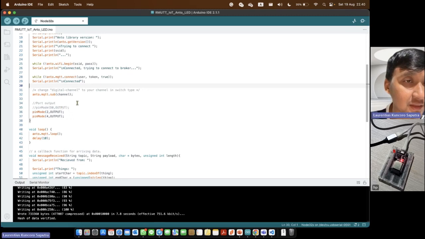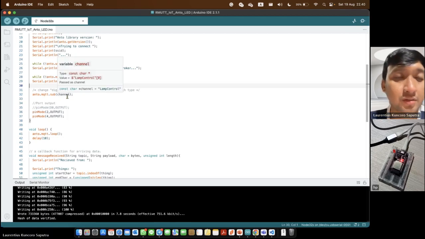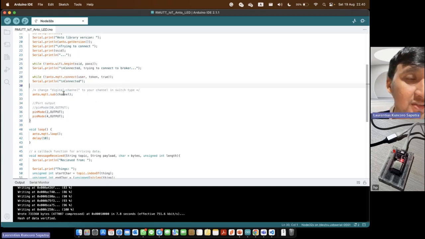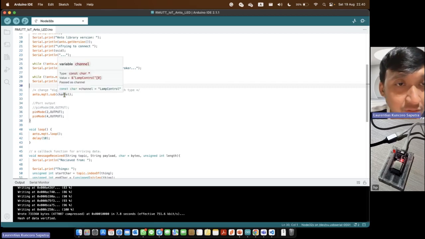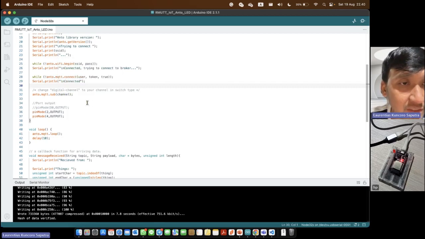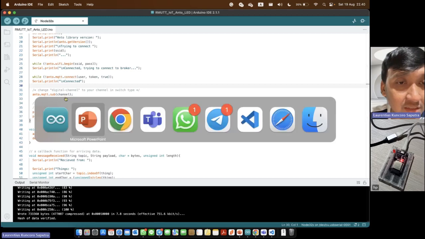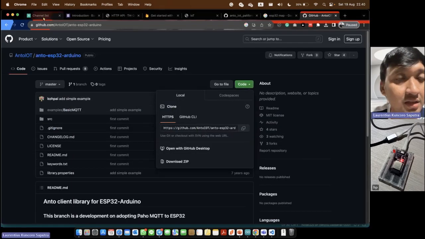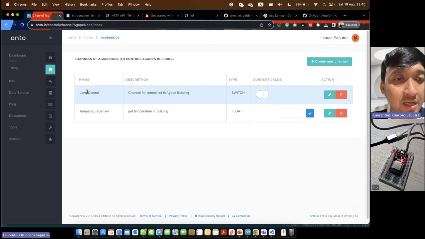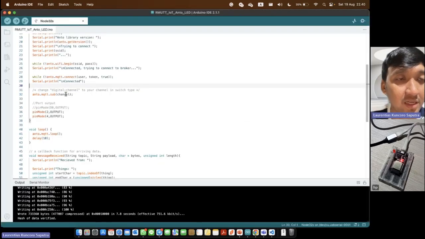After that, we will subscribe to the channel that has been configured before. Our configuration for the channel is lamp control. The lamp control is here.